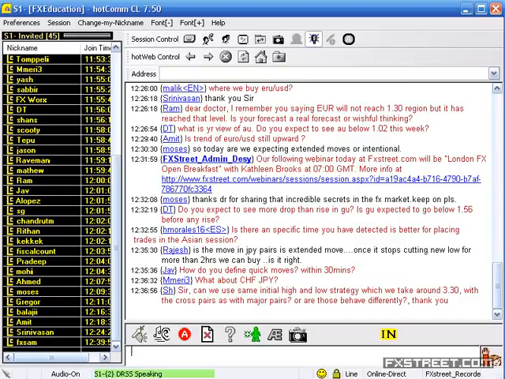Do you expect to see more drop than rise in GBP? I am expecting more rise in GBP. As you see on a daily basis, they make less drop in the case of GBP compared to Euro. Their intention is very clear. They want to quickly gain the levels in the case of GBP when a good opportunity comes. So 1.56 is very unlikely at the moment.